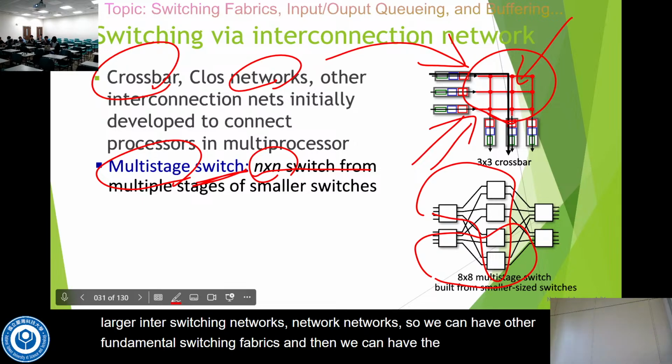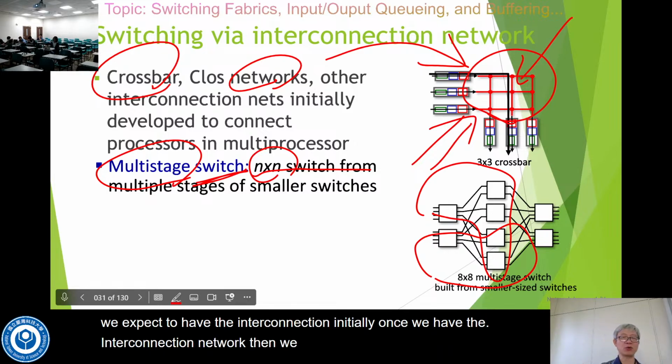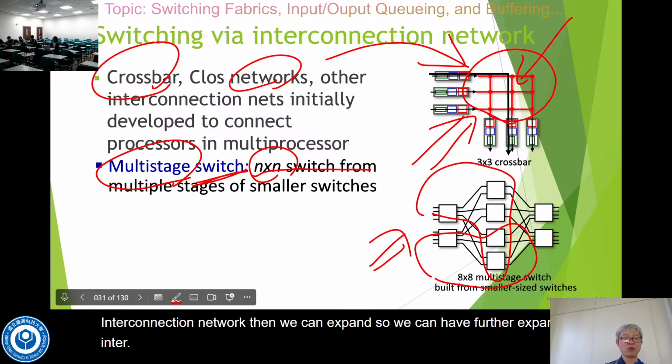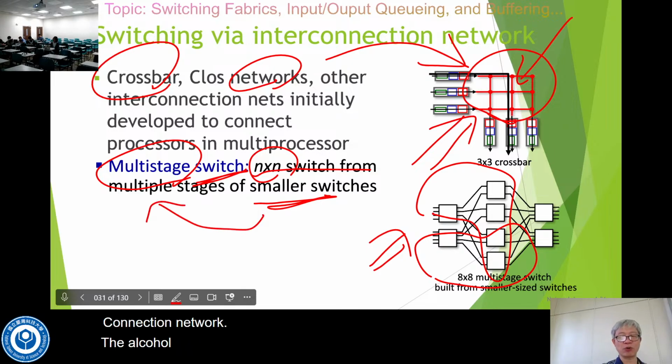Up to now, we expect to have the interconnection initially. Once we have the interconnection network, then we can expand. So we can have the expanded interconnection network. Therefore, from a smaller one to the multi-stage one, we expect to have